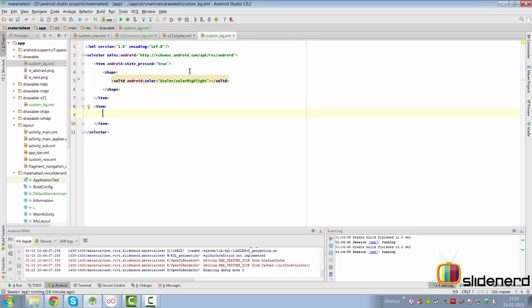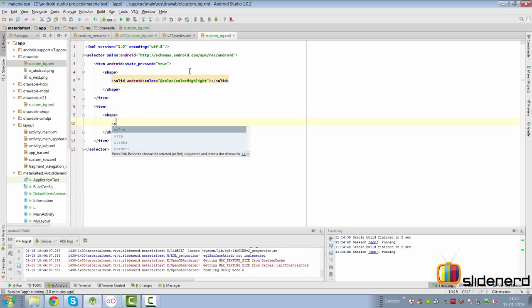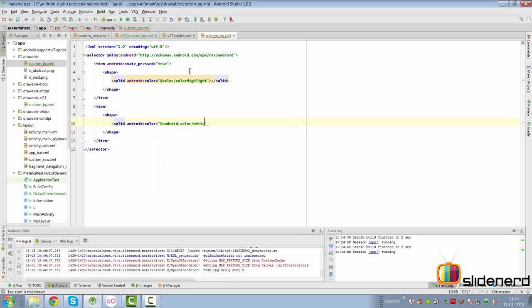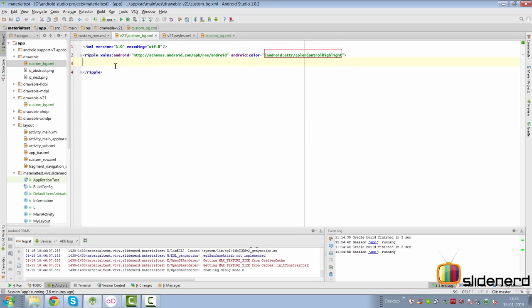Now, for the normal state, when the button is not pressed, we're gonna simply have the solid with a white color. So we can go here, we can simply say shape here, and then solid with a color of Android color white over here. So that takes care of making our normal selector for pre-Lollipop devices. Going back to the ripple selector here, where we have the custom bg.xml, all we gotta do is this, and